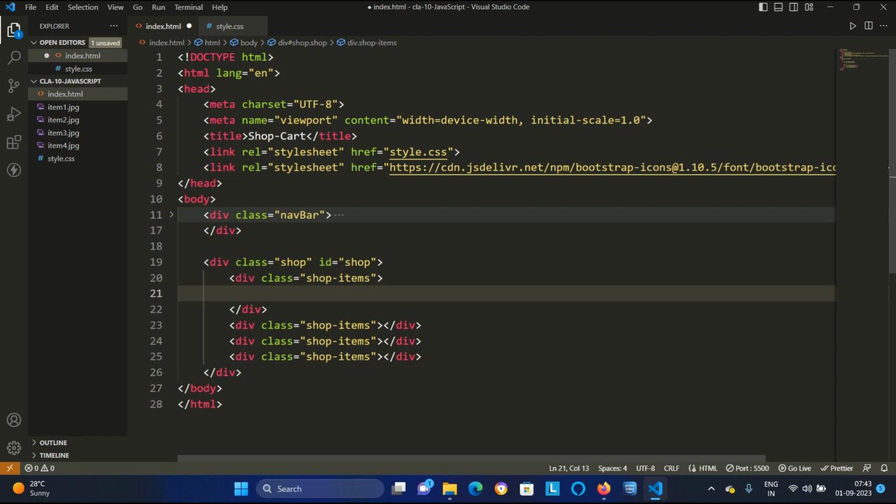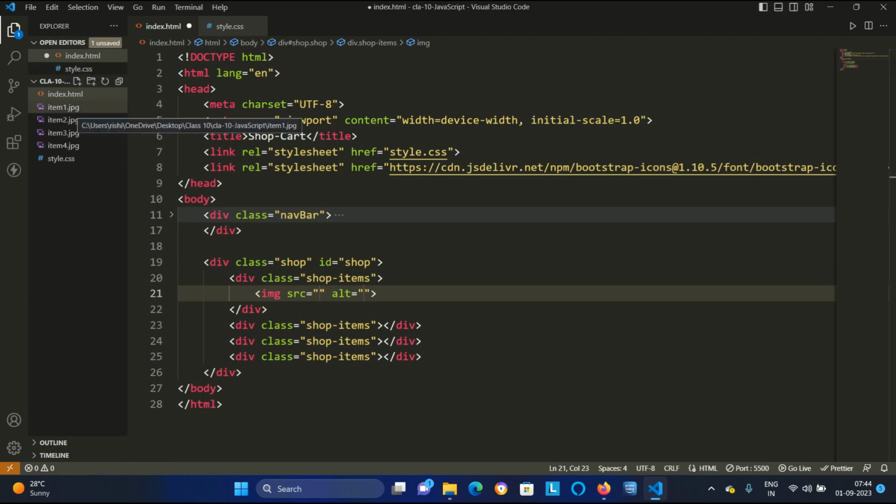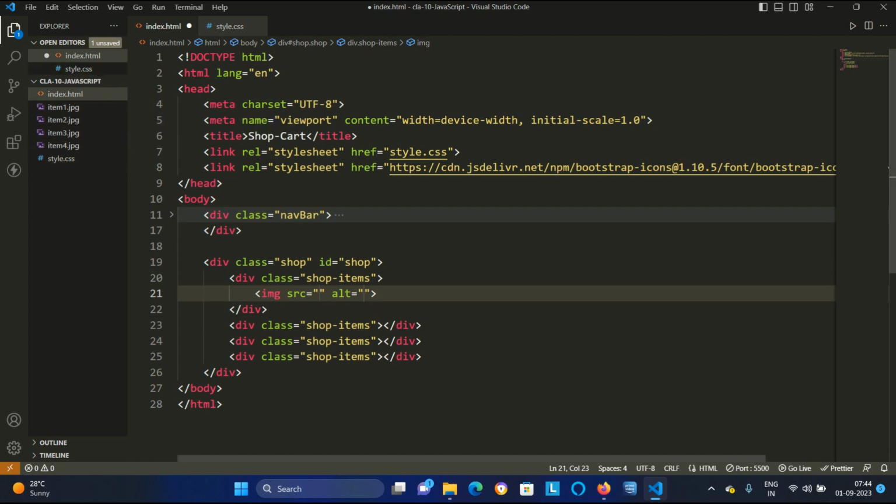What will I use? I will use the img tag. So img, hit enter, and the img src and alt will come. Since I have pasted the images in the same folder, I can directly use those images by putting the name of those images.